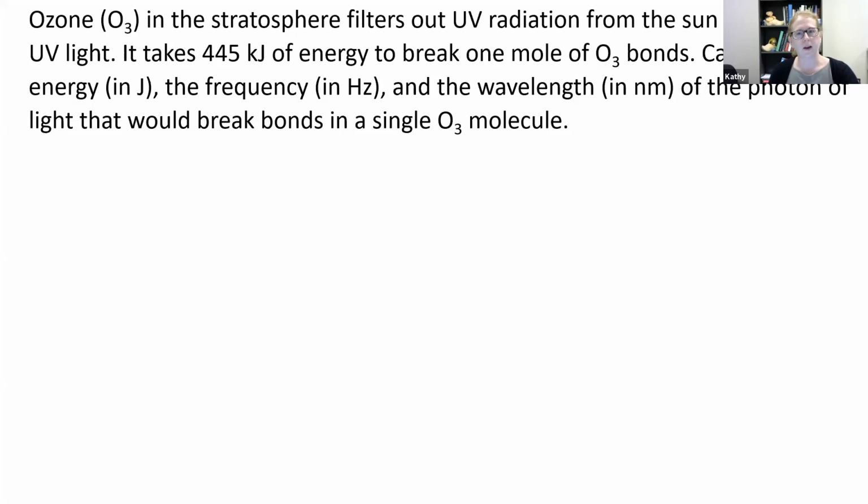I'd like to take a look at a couple of problems that take our equations about light and just turn them to a higher level. By that, I mean story problems that require us to pull information out and transform it in some way. So here's our first one. Our first one involves looking at oxygen in the, or ozone, sorry, O3 in the stratosphere. And in particular,